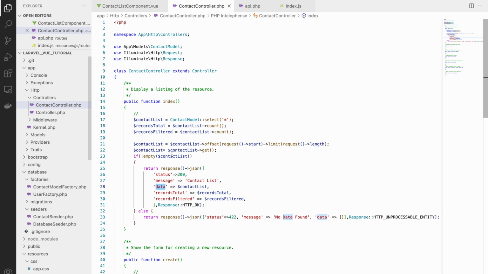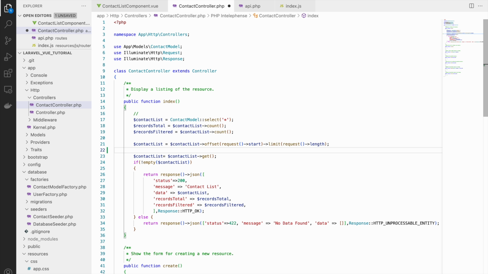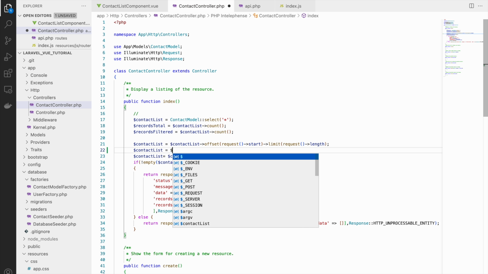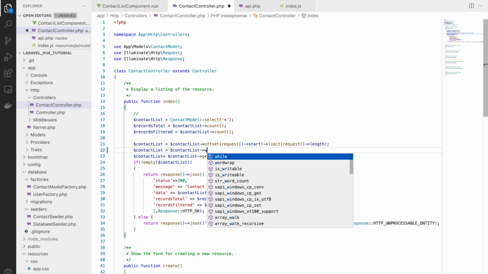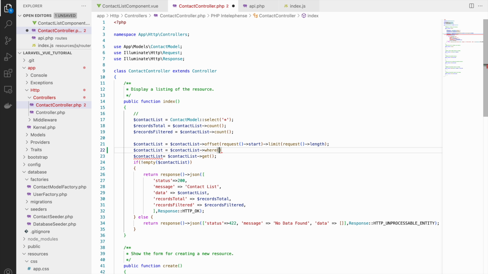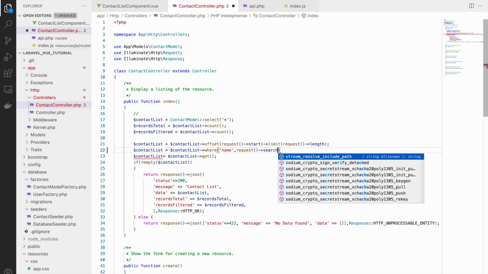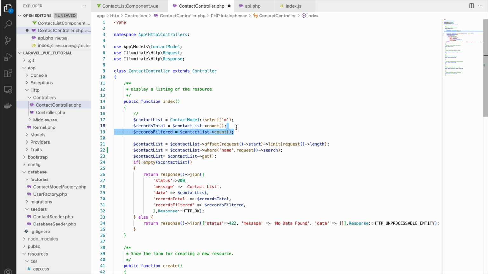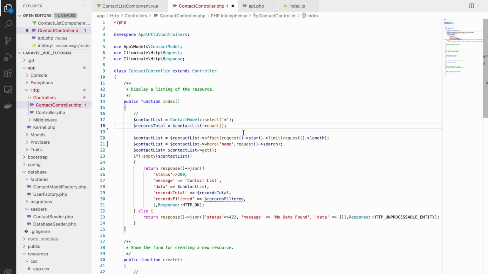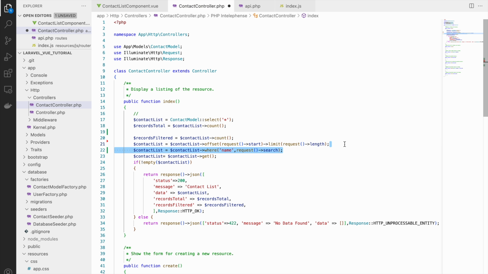So now let's apply search here. First let's see contact list, and to contact list we will be adding a where condition. As of now I'm applying it on name and writing request, and the search field is coming in our payload. So now filtered records will be coming after search, because these all are searched. So let me rearrange. After the total count I need to search, then we will get filtered records, then